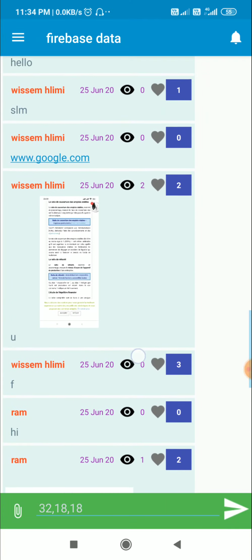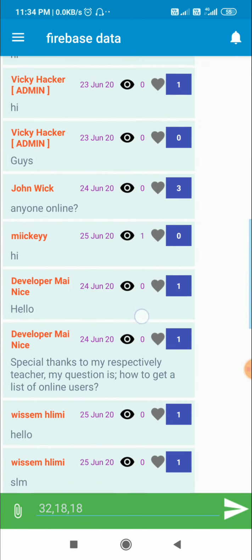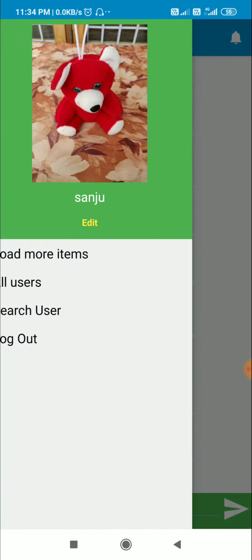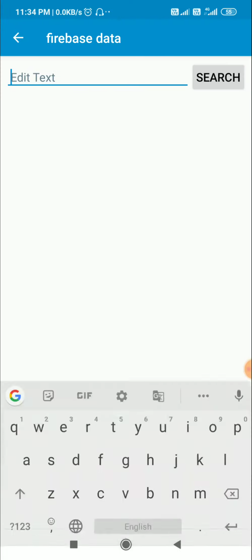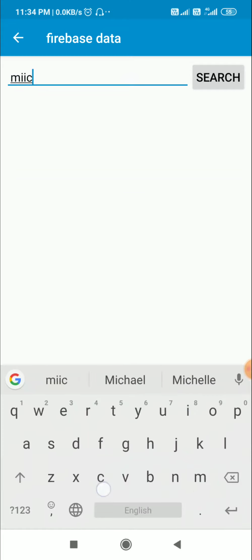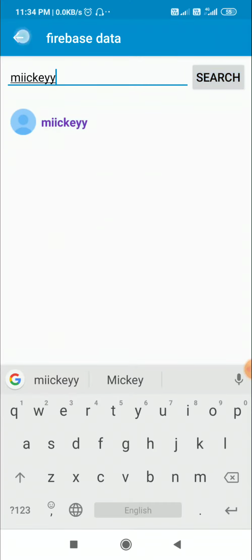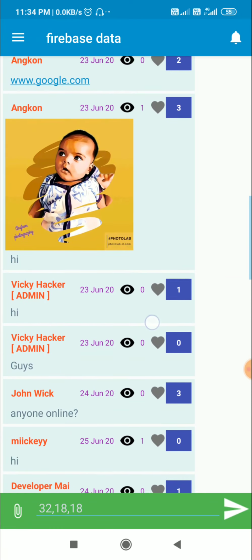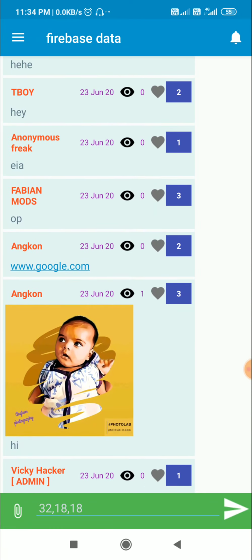Now let's search for Mickey. So here is this profile of Mickey. Now let's search for Ancon.